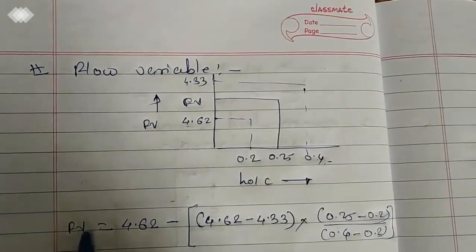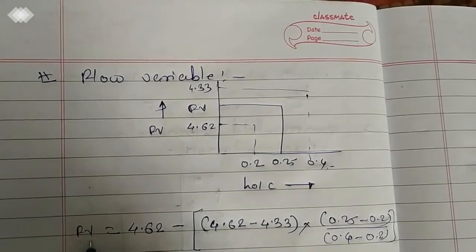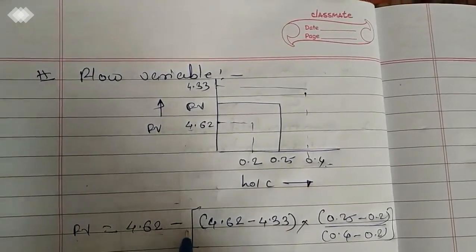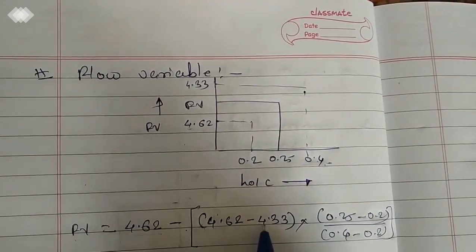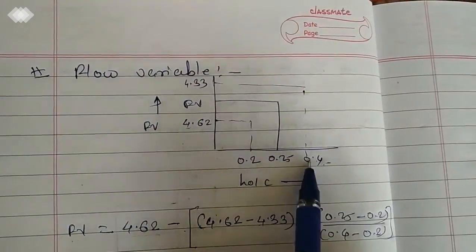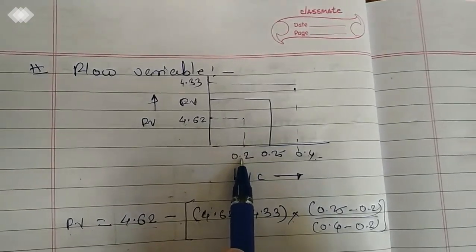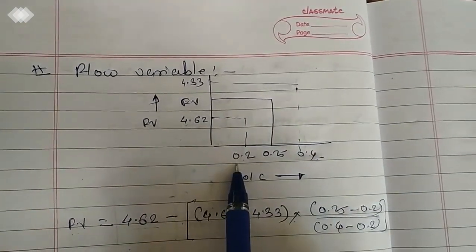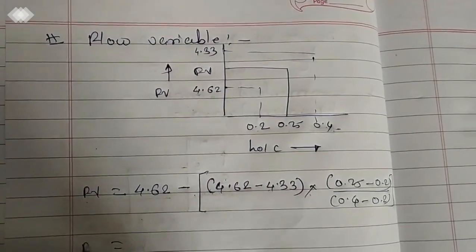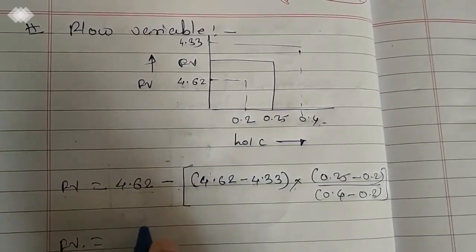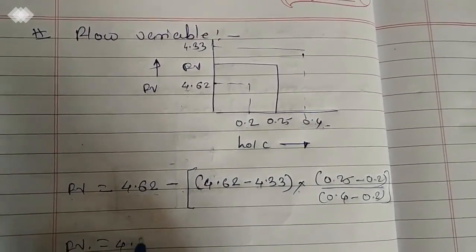Flow variable, that quantity we need to calculate, is equal to upper limit minus (upper value minus lower value) into (this remains as it is) middle minus lower divided by upper minus lower. So after calculation we get flow variable is equal to